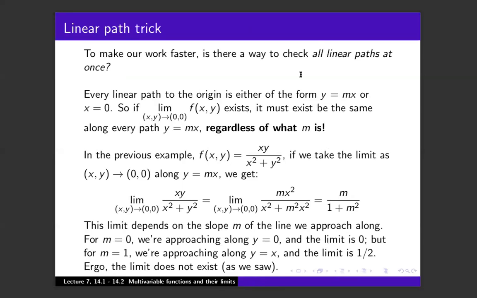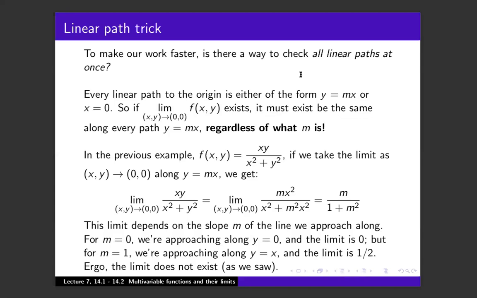In our previous example, we had f(x,y) equals xy over x squared plus y squared, and you plug in y equals mx, you get mx squared over x squared plus m squared x squared. The x's cancel if you're not 0, and we're not 0 as we're approaching it. So that becomes m over 1 plus m squared. That's the limit. And the problem is that limit is going to change depending on the slope of the line